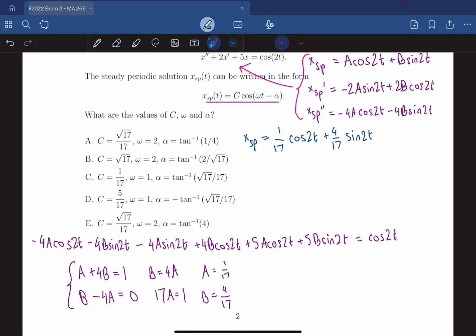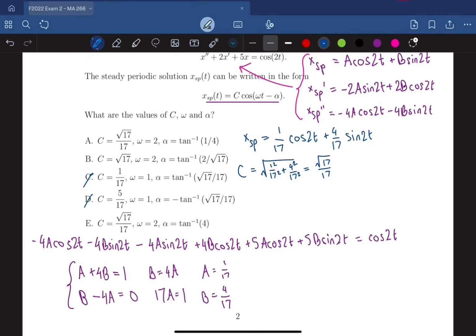Well, it's just the Pythagorean theorem. So we have the square root of a squared plus b squared equals c, so root, and then we're going to do 1 over 17 squared plus 4 over 17 squared, which is 16 over 17 squared, and that just ends up being equal to root 17 over 17. So you can already take these answers out at least. And so now we've found our c,